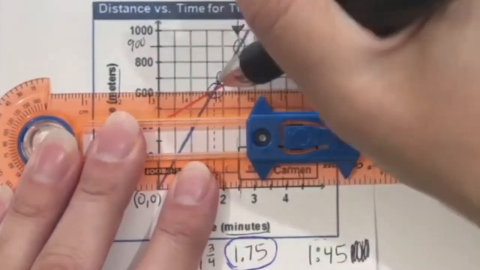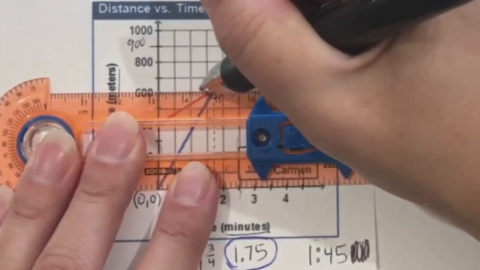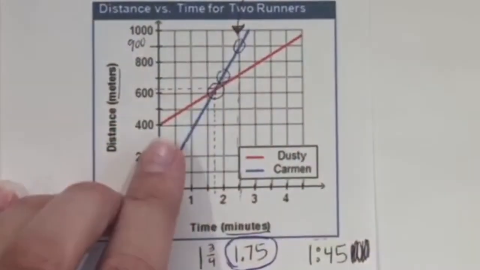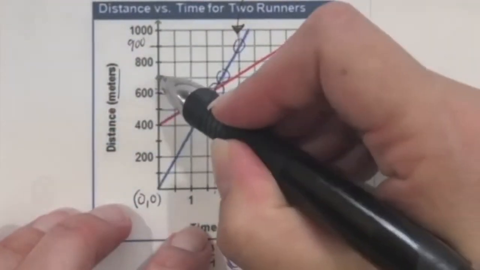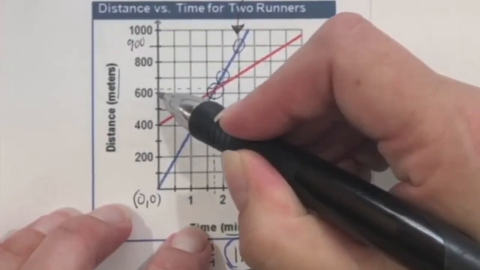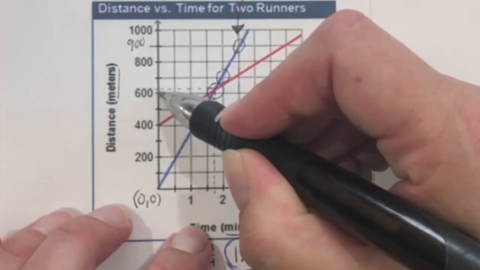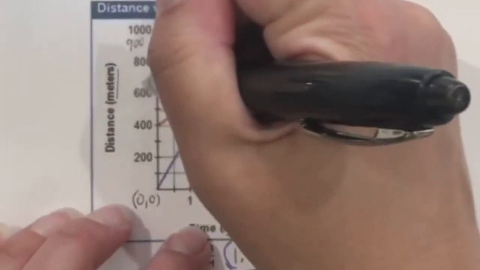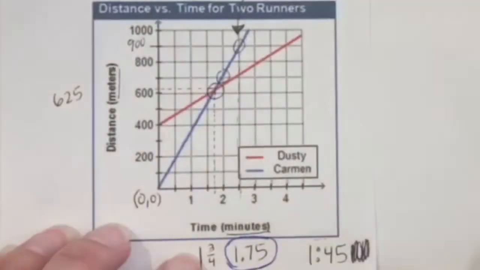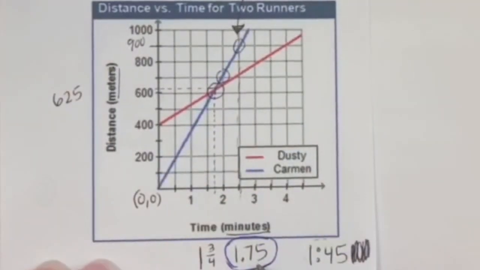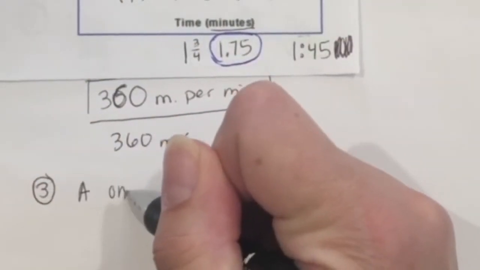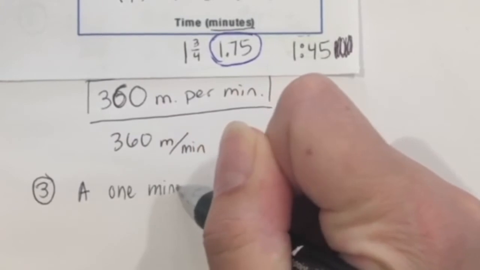I'm going to use this ruler just to try and get a little bit better sense of where it is. And if this is 600, this line is 700. This looks like it's about 625. It looks like it's maybe 1/4 of the way up there. So I'm going to say that this is about 625. So that means that at 1 minute